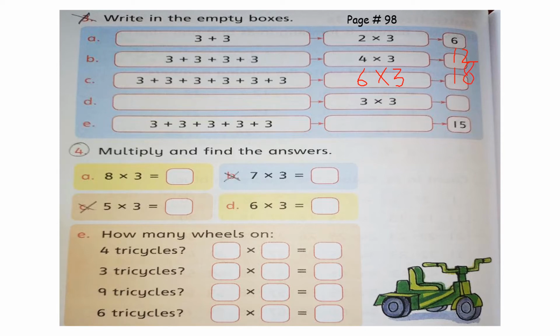Now it is 3 multiplied by 3. It means that we have 3 threes here. So we will write 3 times here. 3 plus 3 plus 3. So when you add them together, it will become 9. You can add them by drawing lines like this. 1, 2, 3, 1, 2, 3, 1, 2, 3. So I have drawn 3 lines 3 times here. Count them together, it will become 9. Okay, and the E part, you have to do this part by yourself. Now come to question number 4.